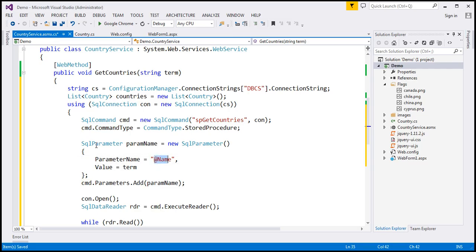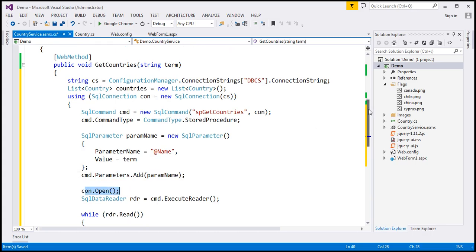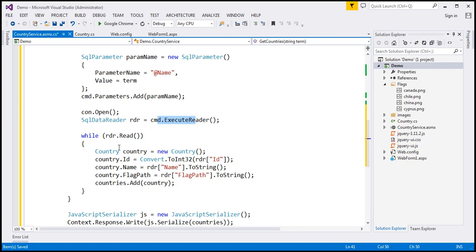So we have to create a SQL parameter object. The name of the parameter is name, and the value is coming from this term parameter. Okay, and then we are associating this parameter object with the command object, opening the connection, executing the command, and then we are looping through each row that we retrieve from the DB, creating a country object, populating all its three properties, that is ID, name, and flag path, and adding that country object to the countries collection object that